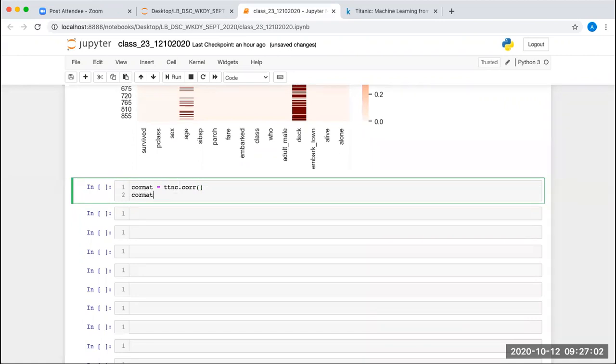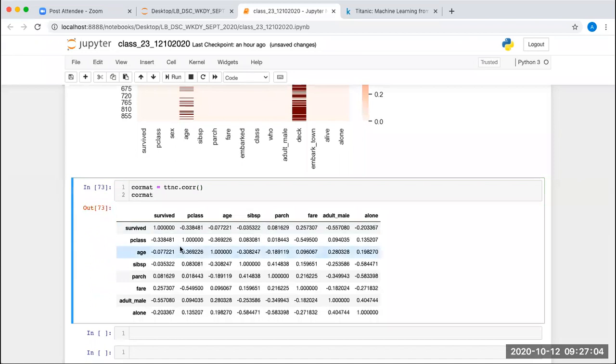This is going to give you this. Survived versus survived, the correlation will be 1. Pclass versus pclass correlation will be 1. Age versus age correlation will be 1. Sibsp versus sibsp correlation will be 1, and so on. So the respective columns will have the highest correlation. The rest all depend.